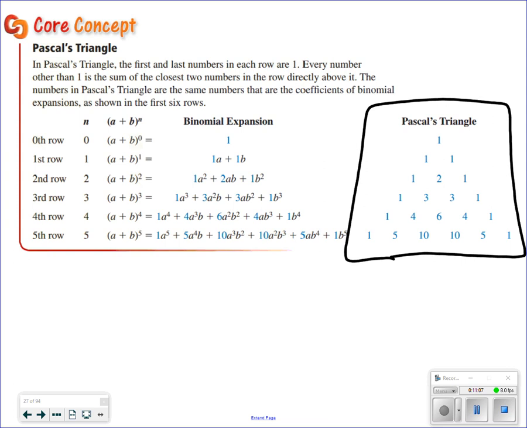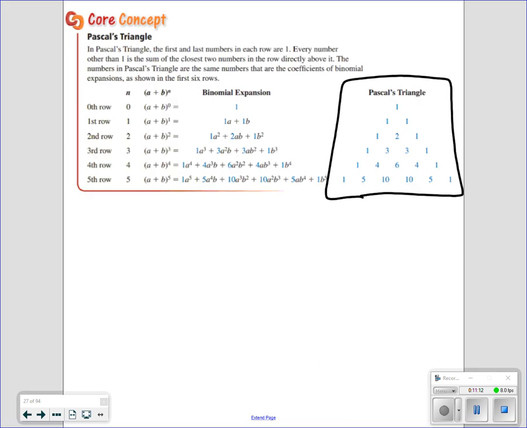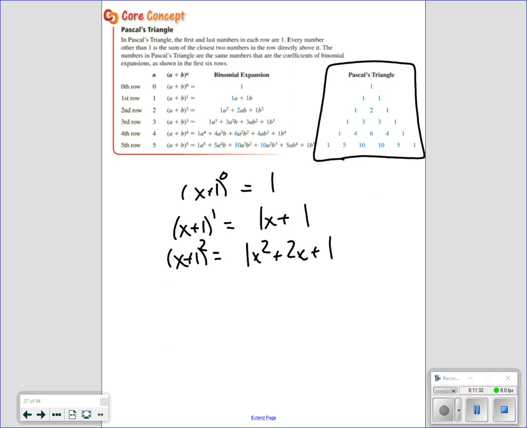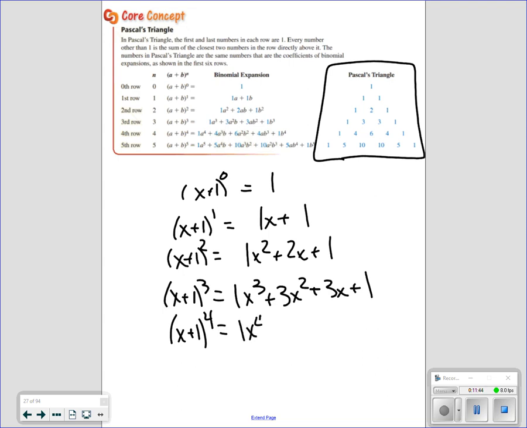Now, I want to show something, and I don't like the way they did it, but I'm going to show Pascal's triangle here underneath this, and I want to see if you guys can see this. Ready? (x + 1)^0 is just 1. (x + 1)^1 is 1x + 1. (x + 1)^2 is 1x² + 2x + 1. (x + 1)^3 is 1x³ + 3x² + 3x + 1. (x + 1)^4 is 1x⁴ + 4x³ + 6x²